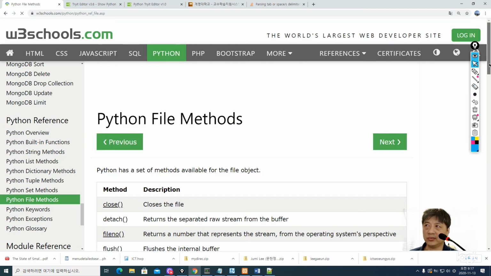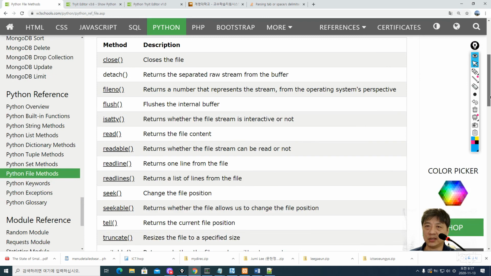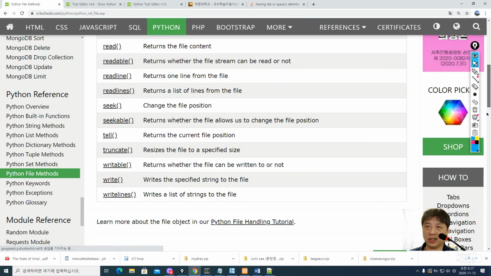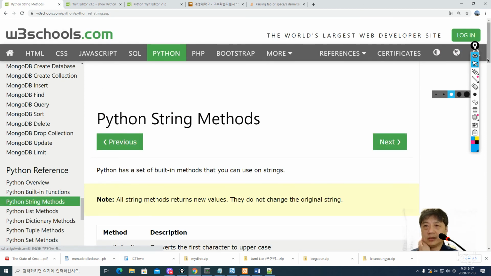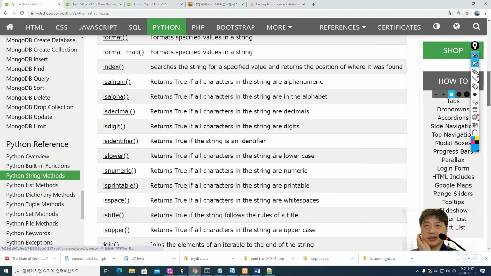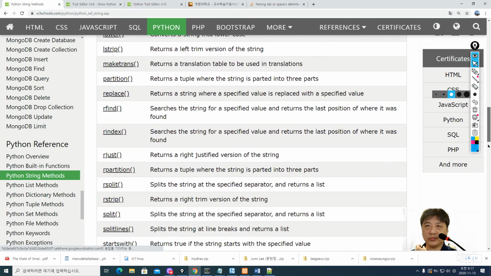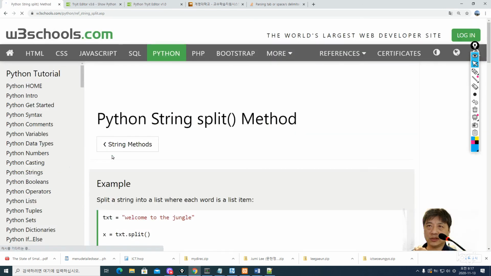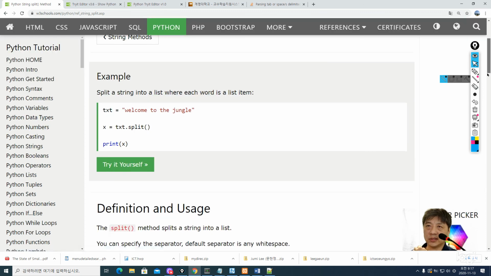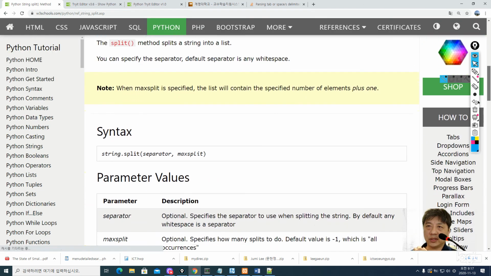We use this line, read the line, but let's look at the string method. These are the things you can do with a string, and the one we can use is actually split. We didn't discuss that in detail, but split we could